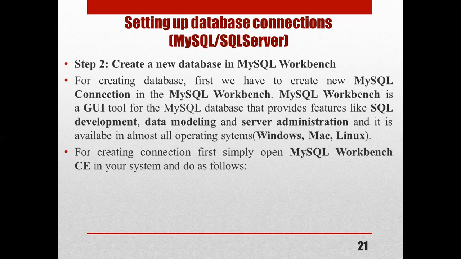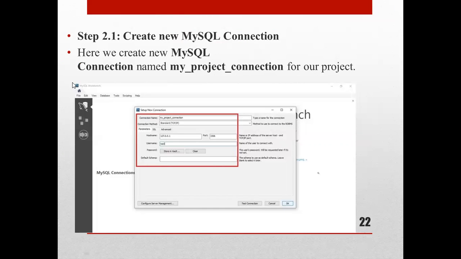So for creating a new connection, first simply open MySQL Workbench on your system and perform these steps here. We are going to create a new MySQL connection named my_project_connection for our project. We have created one project named my project, and now we are going to create a new MySQL connection. After opening MySQL Workbench, here you can see